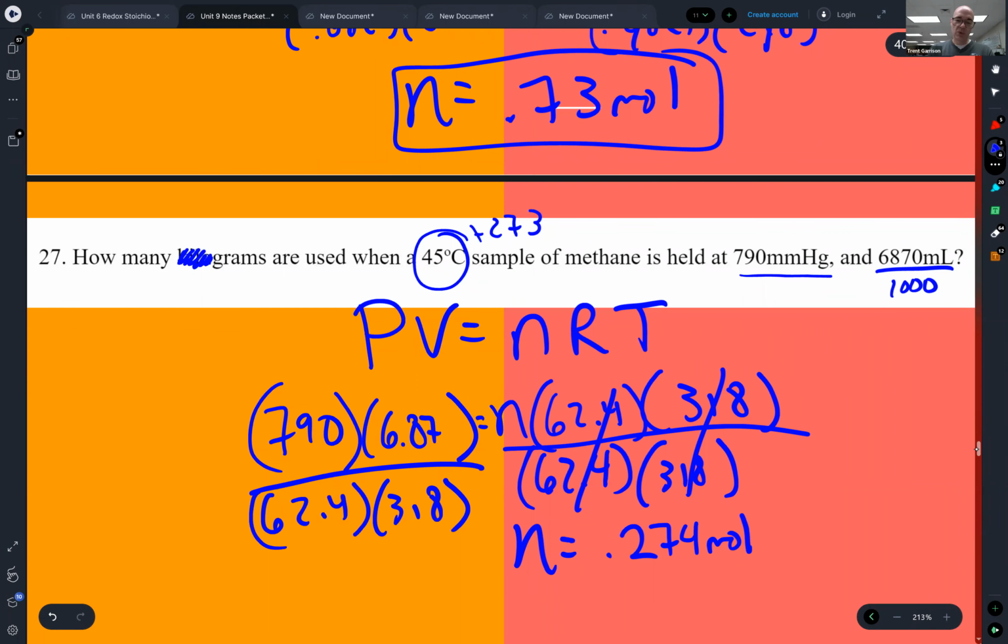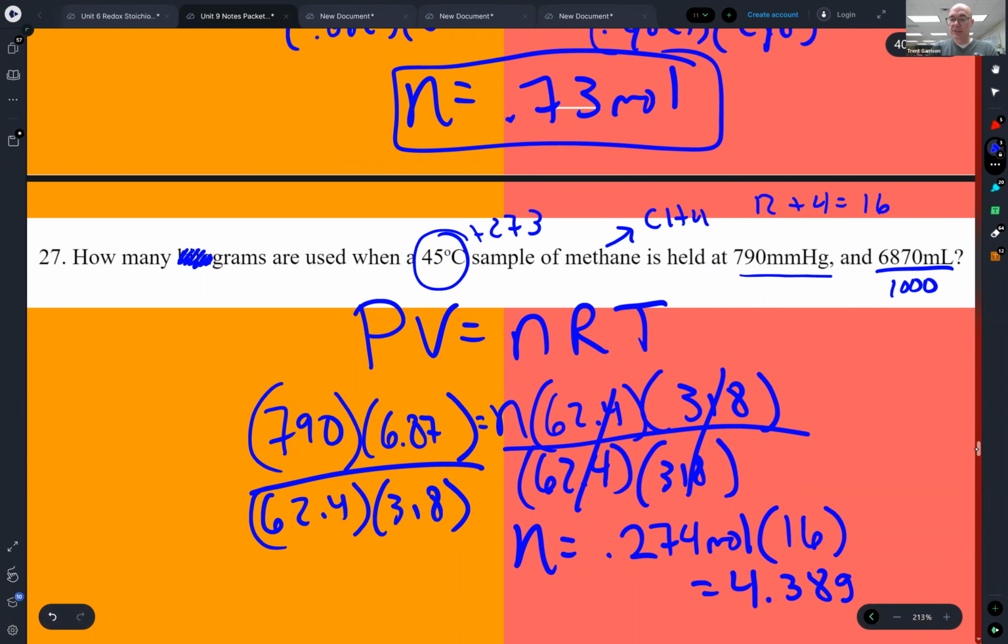But this is in moles. It is asking for grams of methane. I need to know that methane is CH4. So I will multiply the moles times the weight off the periodic table. If I look up, carbon weighs 12, each of the hydrogens weighs 1, that is a total of 16. So I've got 16 times 0.274, and I end up with my final answer,